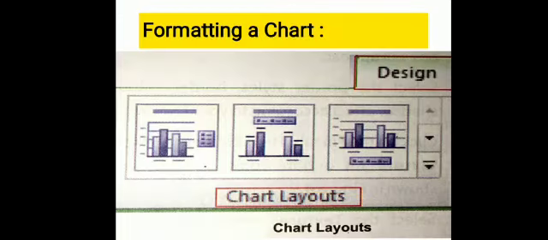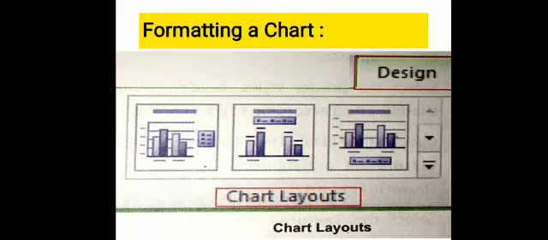Now how to format a chart. Formatting means it improves the appearance of the chart. We can format the text, font, line color, width, border style, data series, etc. So when we insert a chart, 3 new tabs will appear on the ribbon: design, layout and format. These tabs contain various chart tools and commands that allow you to modify and format the chart.